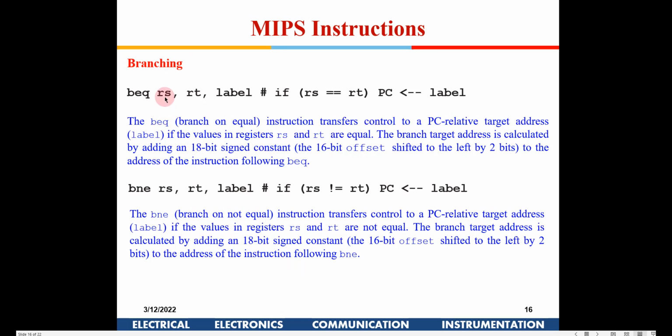Then you have some commands like branching. BEQ stands for branch if equal. What it does is it compares. This is the syntax: RS, RT, and then label. It will compare the contents of RS and RT, and on equal it will jump. The program is running sequentially, right? Now the moment it encounters this command, and if this condition is met,